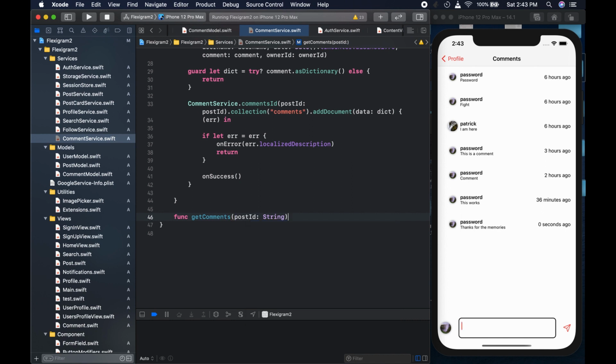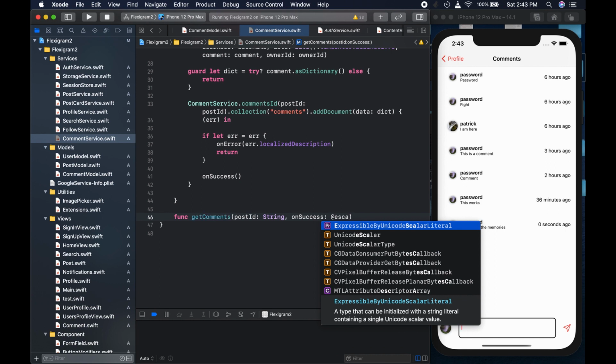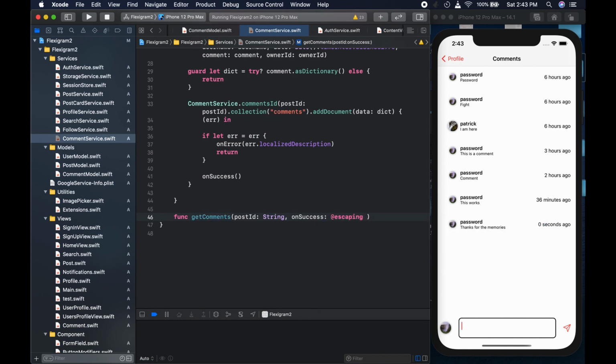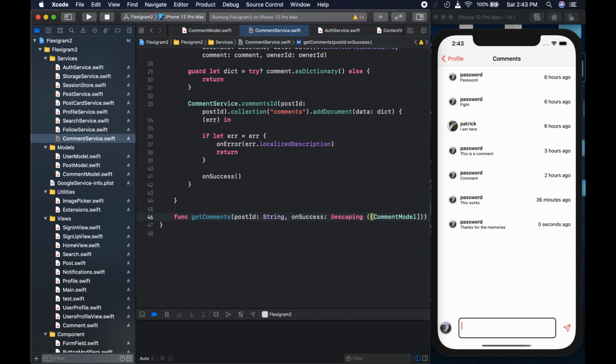And post ID, and on success we are going to have @escaping, like so, and this will just be an array of that, and after that we will put